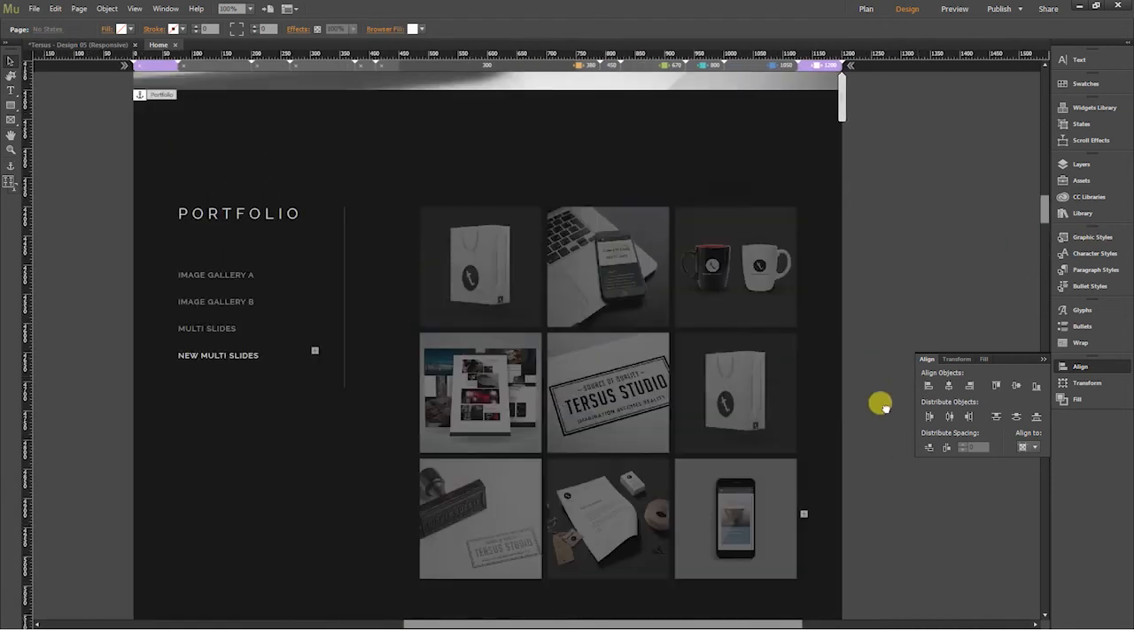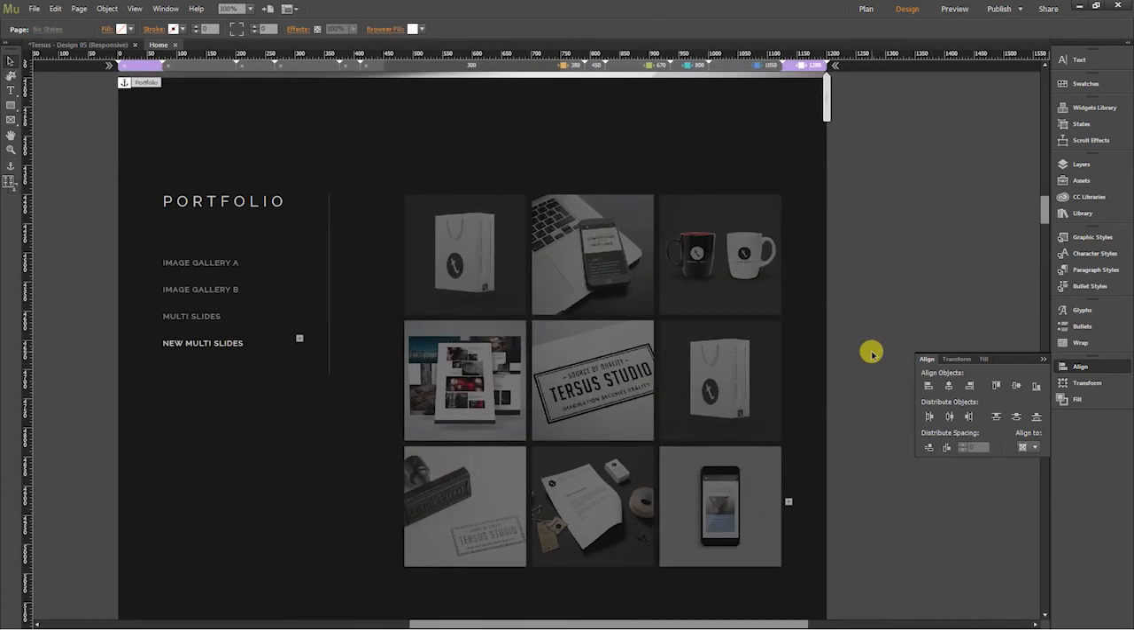So yeah, that's it. That is how you edit this portfolio section, how you add a new panel container. The process might seem a little bit tedious, but once you get used to it, it's actually quite simple and very straightforward. If you have questions regarding this